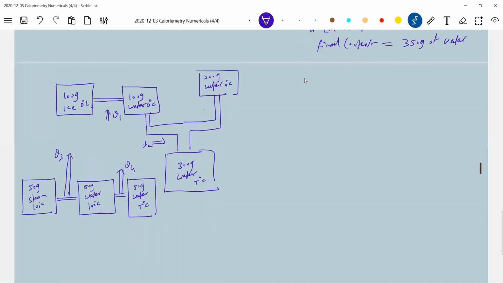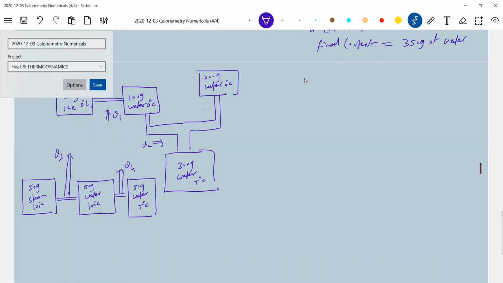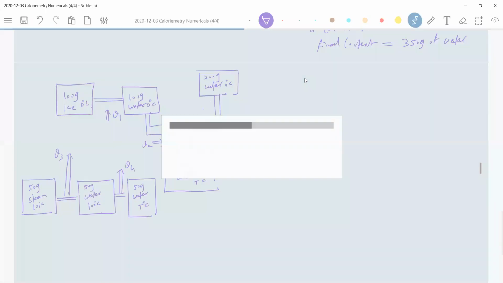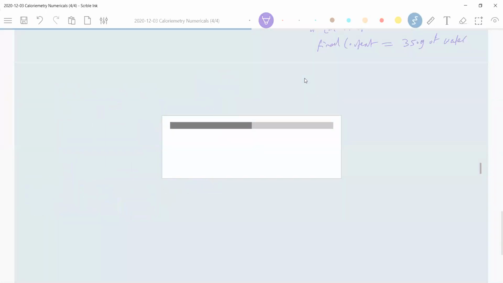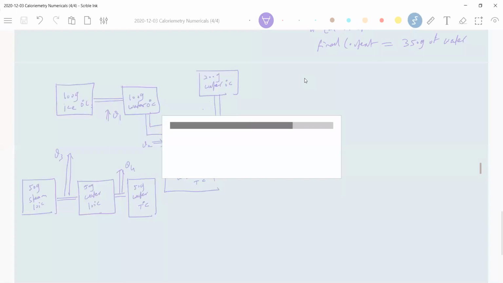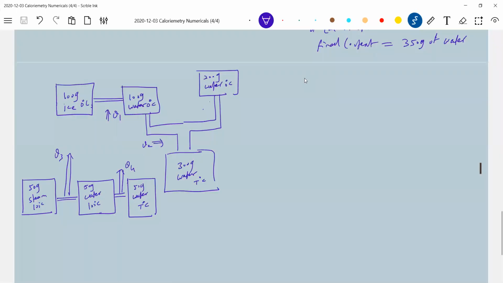So like this, you can also draw block diagrams if you find it very difficult. Sir, how to draw the shape of the block diagram? Please don't ask. I think I'll go mad if you ask such questions. The teacher will go mad if you ask such things. How to draw a block diagram? Where heat is absorbed, you should show Q1 towards it. Where heat is released, you have to show it away.